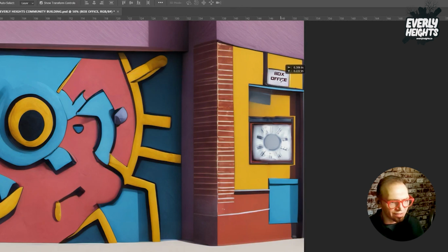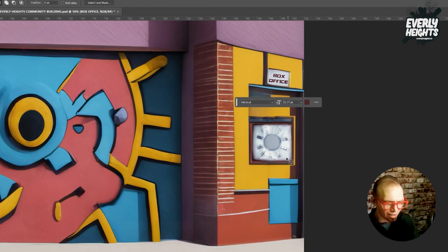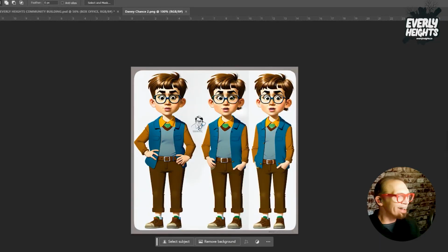And now we just sort of position this here. Actually, I can probably make that a little bit bigger. All right, there. So now we have our text there. Box office. Actually, I'm going to move that up just a wee little bit. There we go. The one last thing I wanted to do was to put a poster up that advertises another